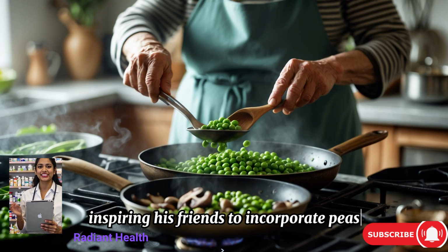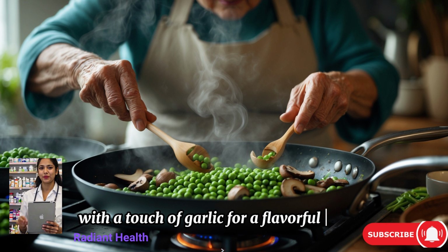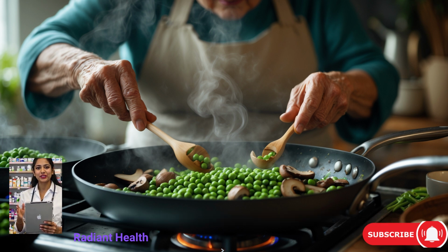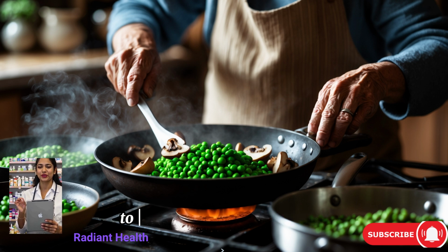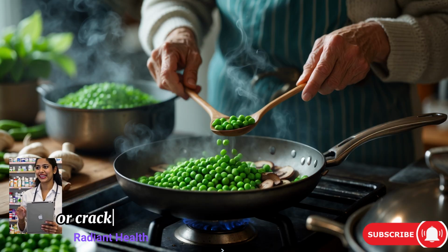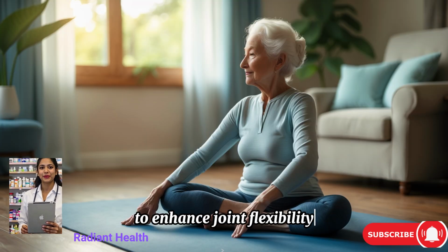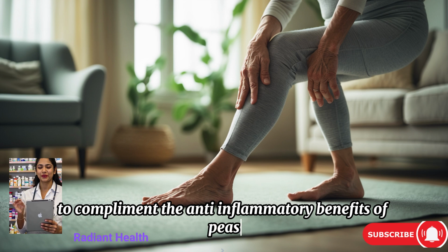To incorporate peas, try mixing them into rice dishes with a touch of garlic for a flavorful dinner, or sautéing them with mushrooms for a savory side. If chewing or digestion is an issue, mash peas with fresh herbs to create a dip for veggie sticks or crackers. Pair your pea meals with light yoga to enhance joint flexibility, stretching gently to complement the anti-inflammatory benefits of